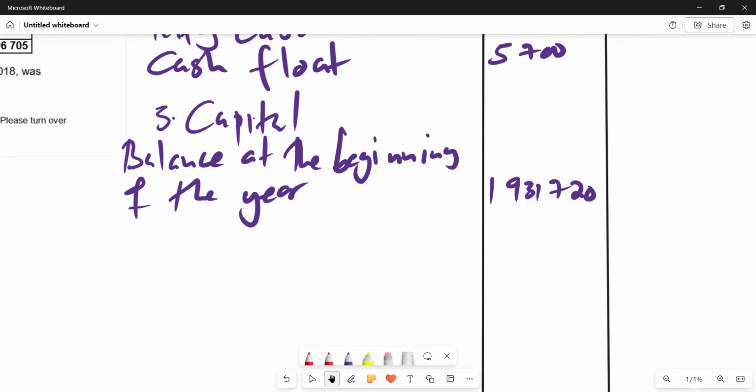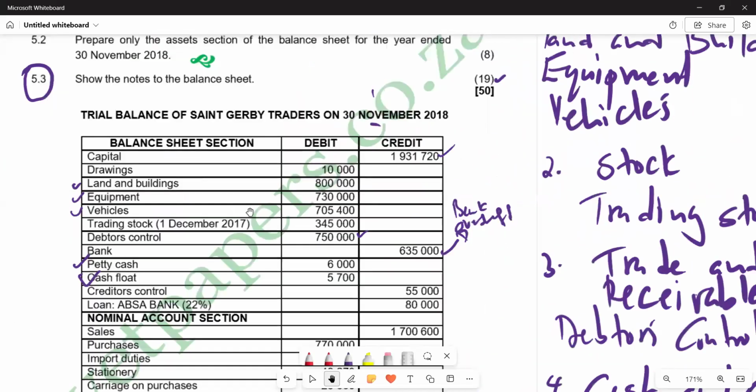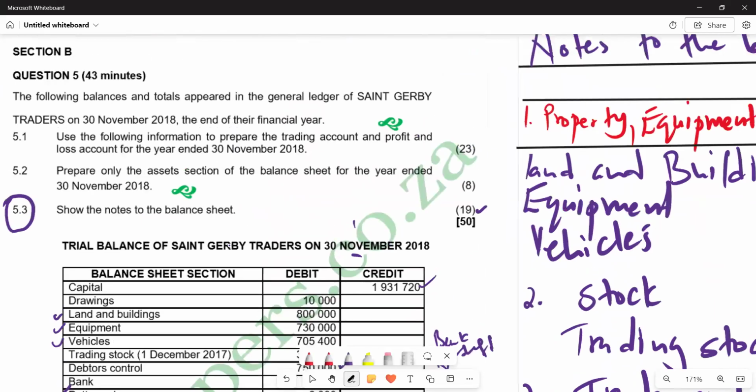If there's a profit and if there's a loss, we're going to subtract net loss. But remember, if you come here, you would see that the figure for net profit or loss was acquired on the first part where there was the preparation of trading account, profit and loss account for the end of 30th November 2018. When you check the previous videos on my playlist, on my channel, there's a video that we did on the preparation of this trading account and profit and loss account. And the figure that we got there is our net profit was